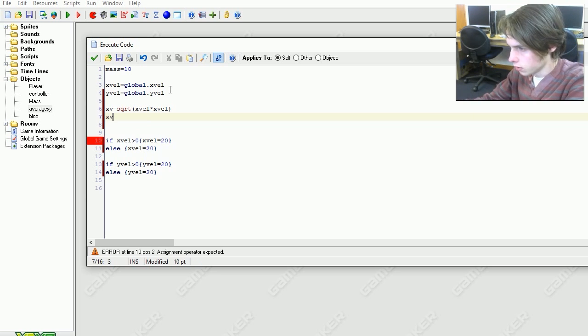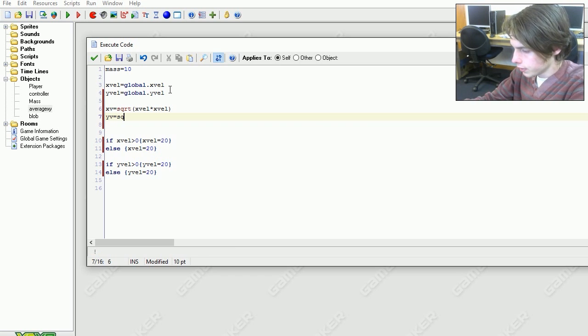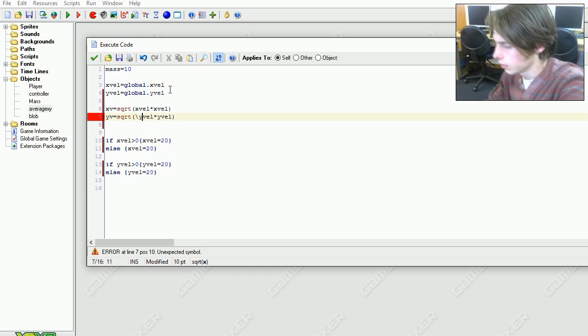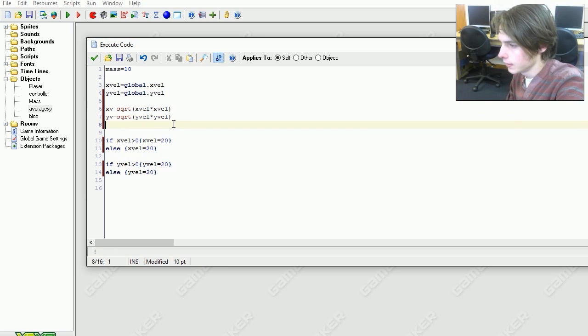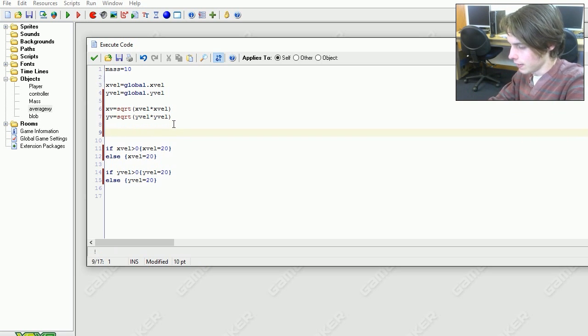And yv will become the square root of yvel times yvel. Okay. So now that we've got xv and yv, we are going to make